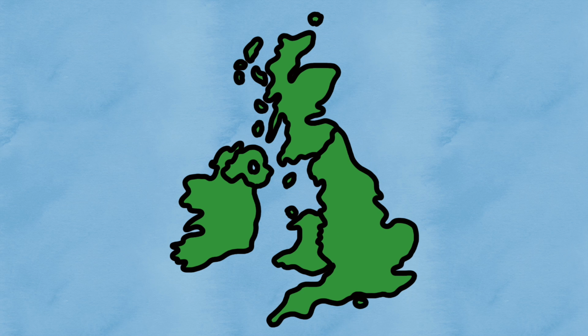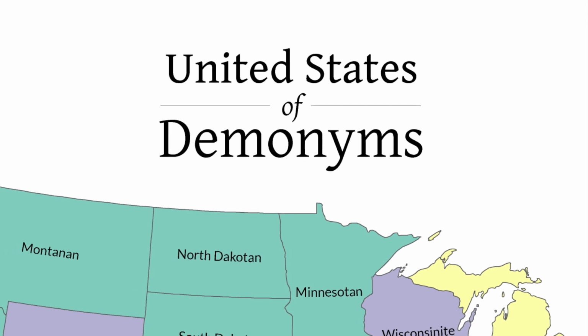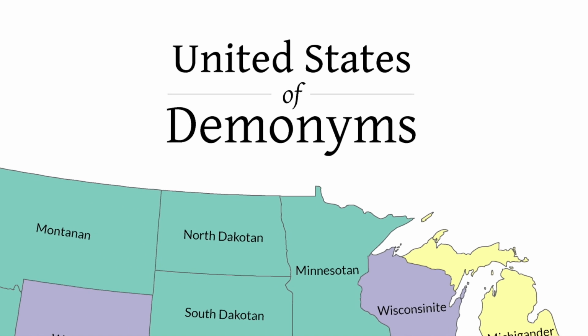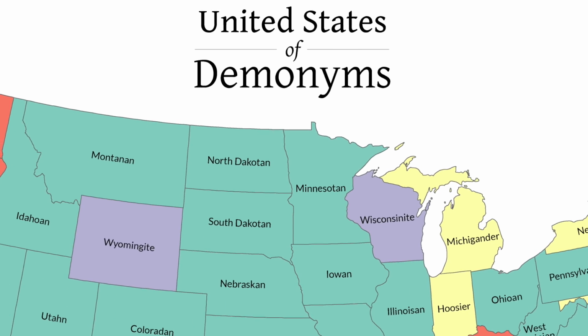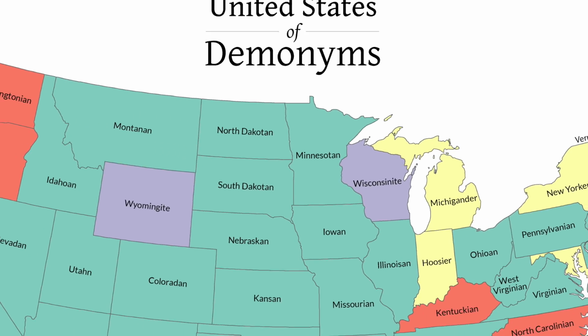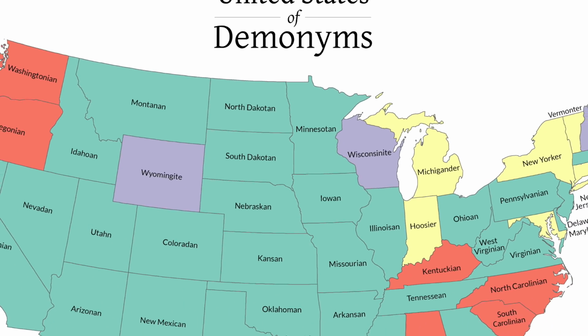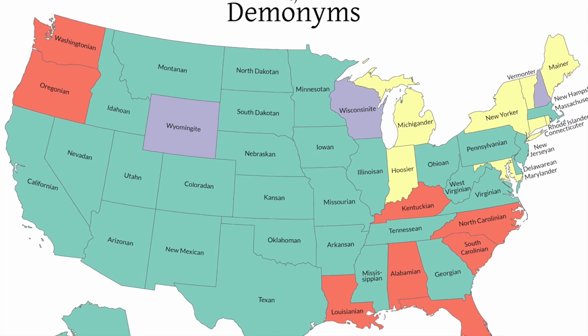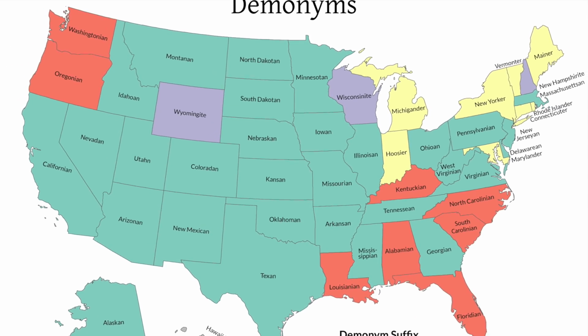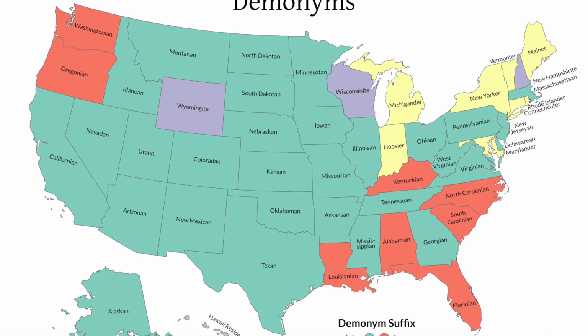A solution to this problem here in the UK is to not use British and instead use demonyms for the specific countries within the UK, such as English, Welsh, Scottish and Northern Irish. This is also a solution that people in the USA could and can use too. Each state within the USA has its own demonym. If people don't want to use American for one reason or another, they could use the demonym for their state, such as Californian, Texan, Mainer, and the really fun term of Hoosier for someone from Indiana, which yes, we'll cover in more detail at some point.